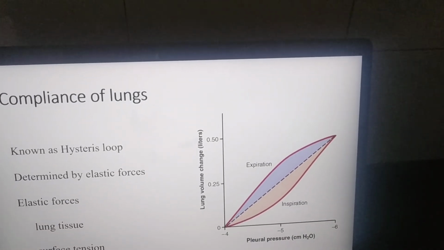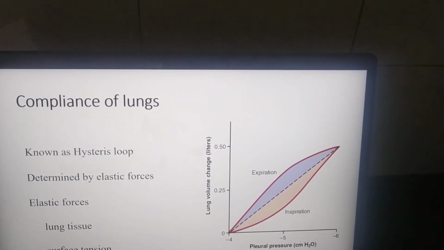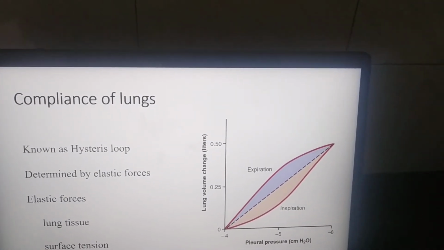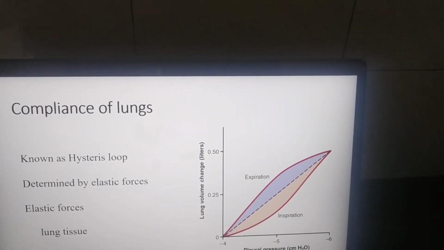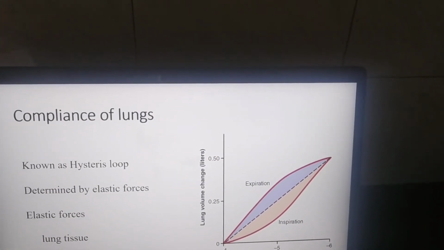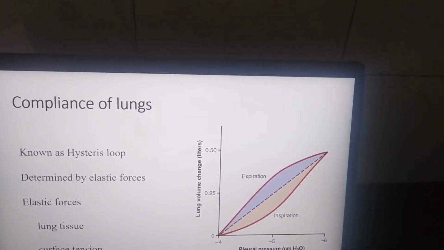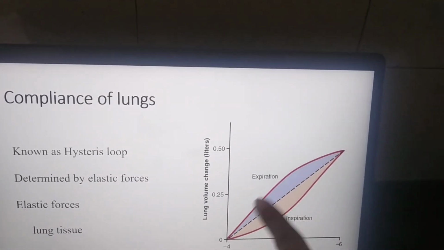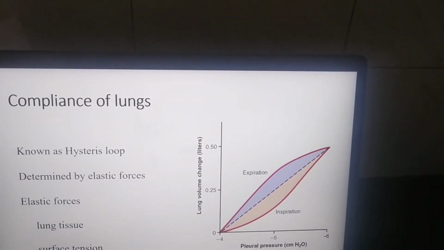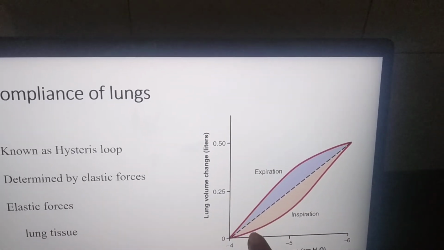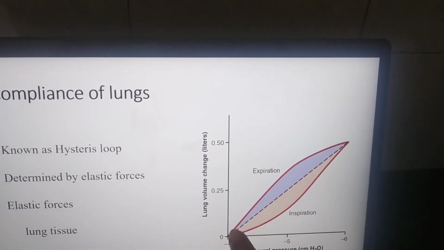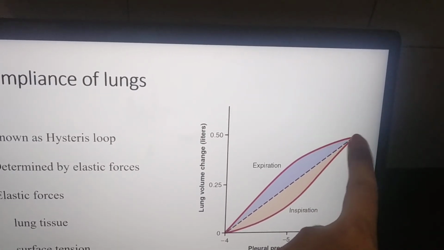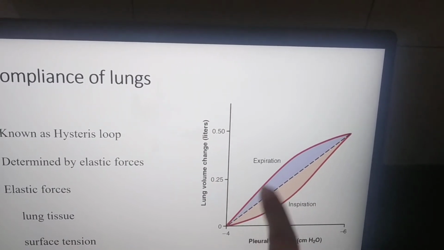Now at the end of inspiration, you can notice the curve becomes somewhat flat. This means that with further increase in pressure, the volume does not increase. At high pressure, the lung becomes less compliant and starts recoiling, trying to come back to its original position. This is the start of expiration and this is the end of expiration. From here, the lung starts recoiling and expires all the air, coming back to normal volume and normal pressure.